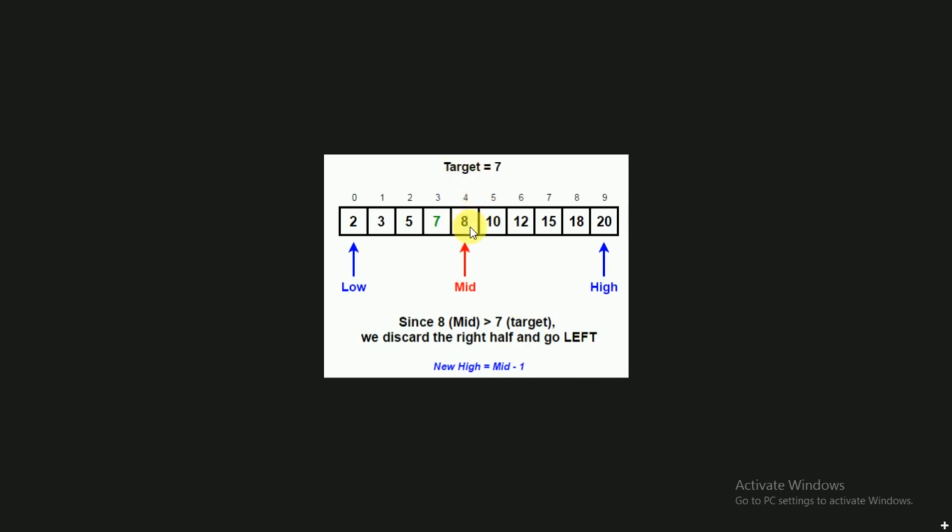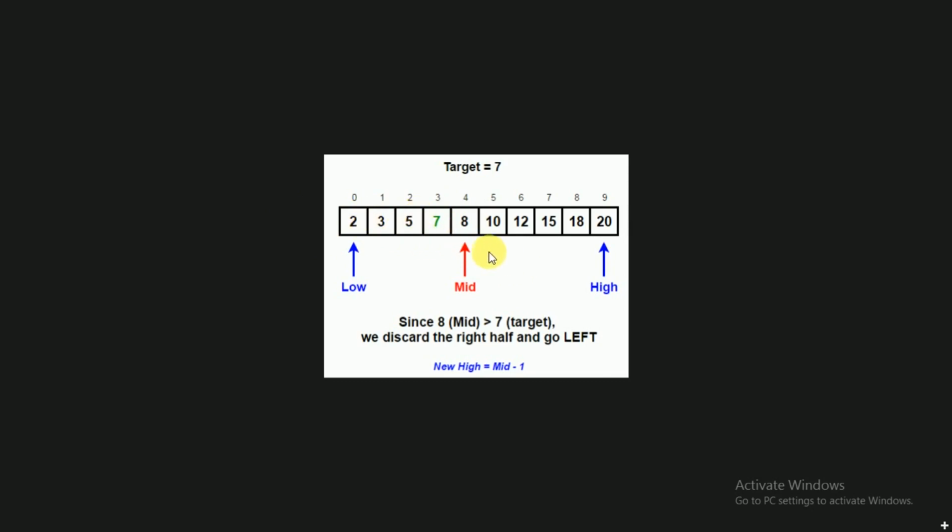If key is less than mid, it will be present in the first half, because all elements are sorted in ascending order, and all the left-hand side values from mid are less than mid and all the right-hand side values are greater than mid. So if the key is less than the middle element, it should be present in the first half, if at all it is present.